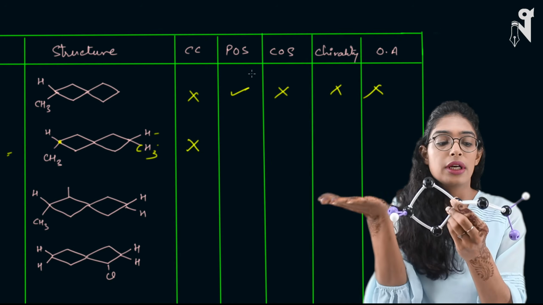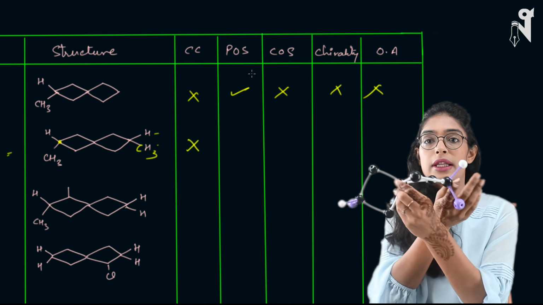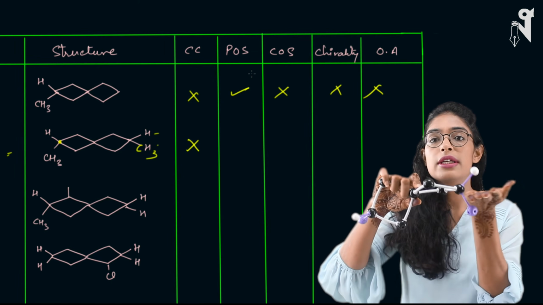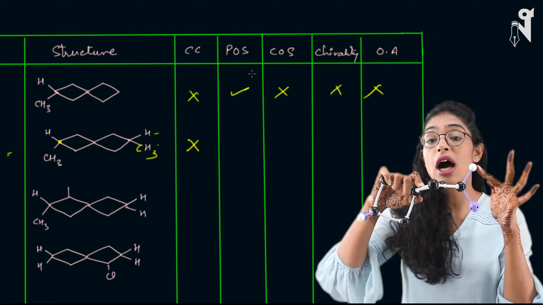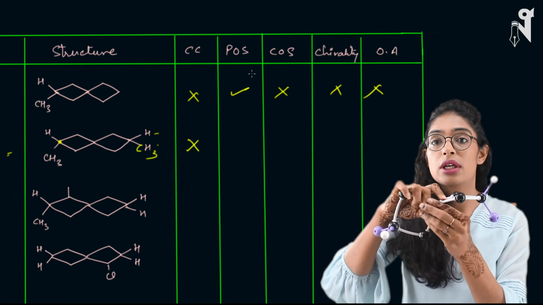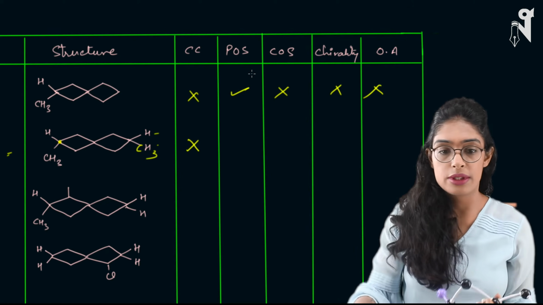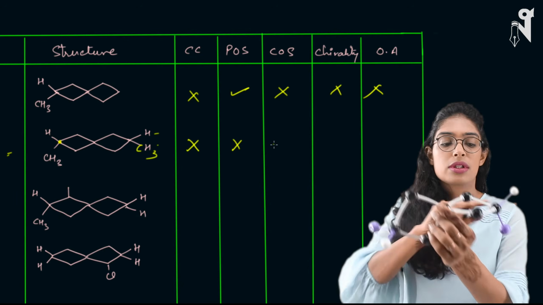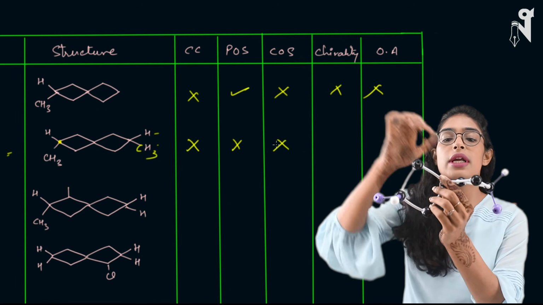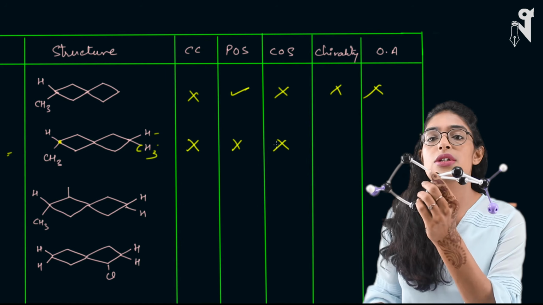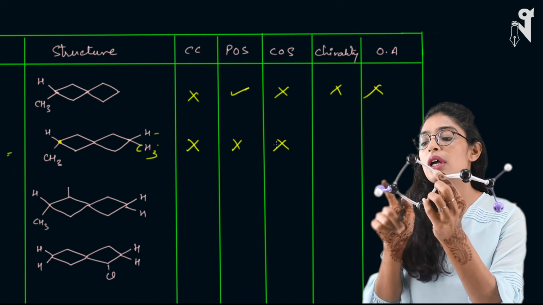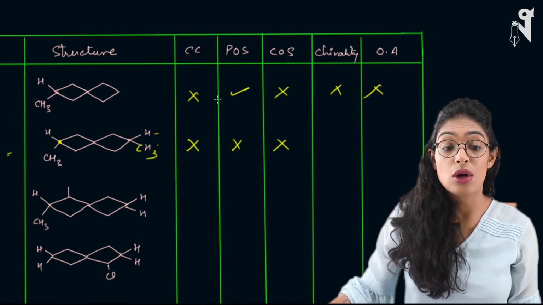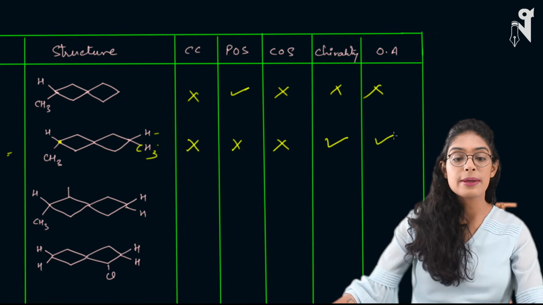Let's cut it horizontally. If I cut it like this, again at this point, this hydrogen and CH3 are not mirror images of each other. If I cut it like this, one half will get one hydrogen, another half will get CH3, right? So this does not possess POS. No POS. Do we have COS? No, we don't have COS. If you pass a line through the center, are you getting the CH3 in the opposite direction? No. So no COS. Chirality, yes. Optical activity, yes. So this molecule is chiral.